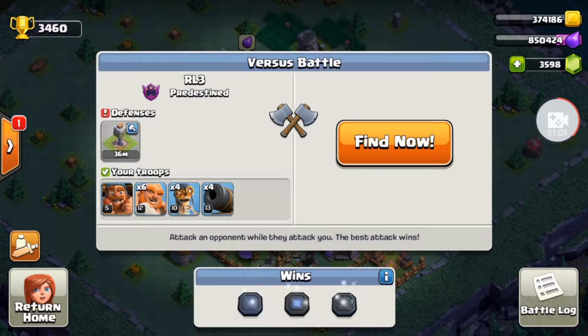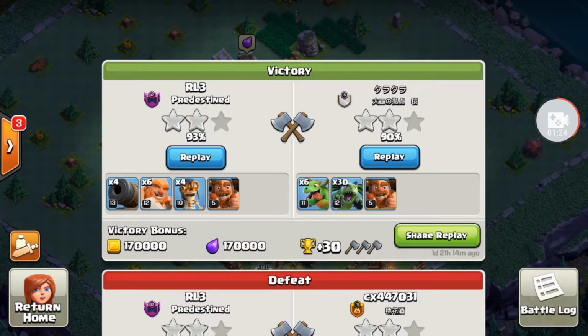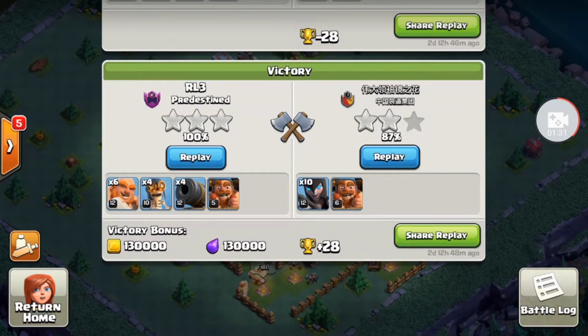This is the army comp, and then we'll jump into some replays. You can see I've only got level 10 bombers. My giants and cannon carts are normally max, and my builder machine, he's only level 5. So check out this 3-star strategy, and it's pretty reliable even for a high 2-star strategy. You can see here I got a 93% victory. Jump into these videos,